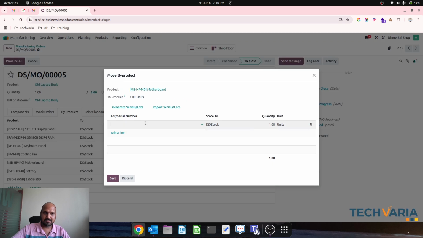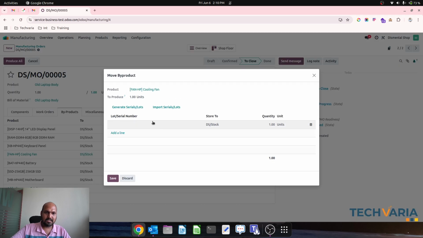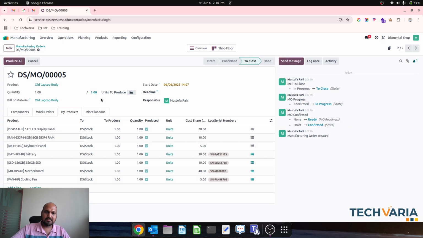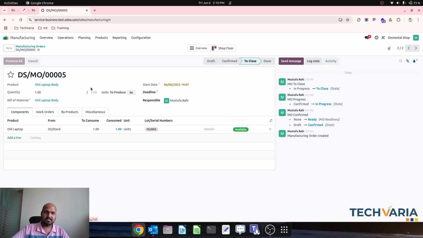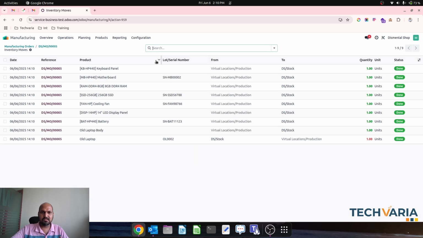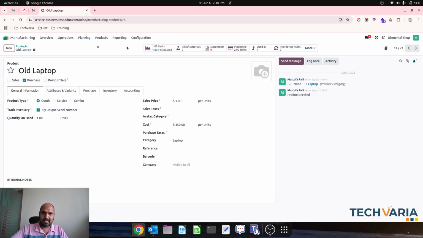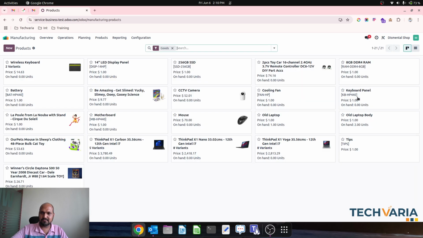Then I will be running a motherboard, so motherboard number, and then finally for cooling fan also I have to give some serial number. So once everything is retrieved as a byproduct and this product is consumed, I will say produce all. Then it will register all my products moving back to stock with all the defined serial numbers. So this is how I am able to manage the disassembly of old laptop, and then it is disassembling into